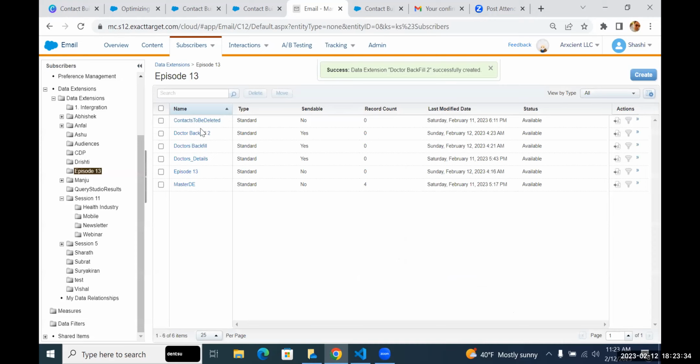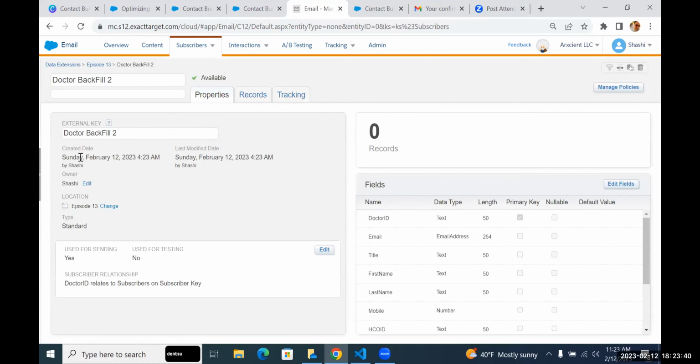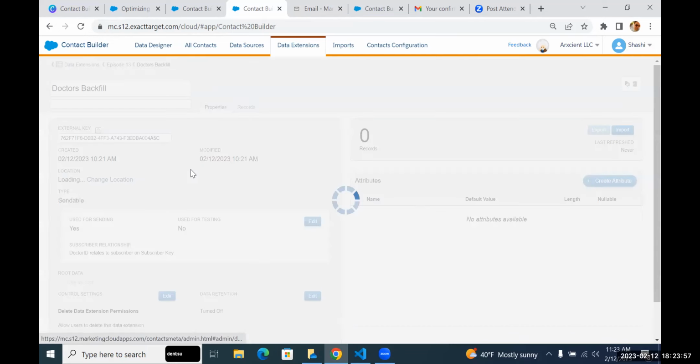So here, if you see this backfill 2, and you see this external key, now it is taking. I can refresh this as well, and you'll see the difference here. So it's no longer taking the external key as a GUID, so I have this advantage here. Anyway, moving forward with the import,